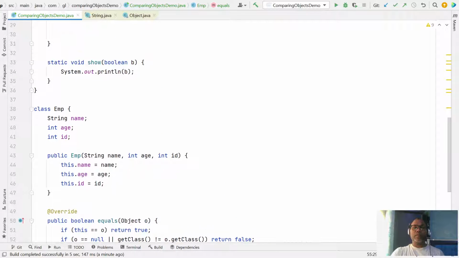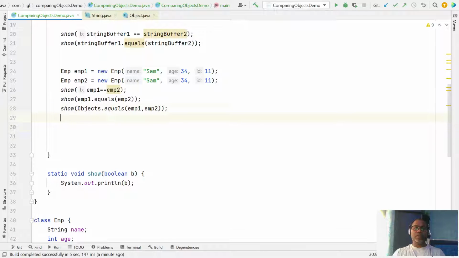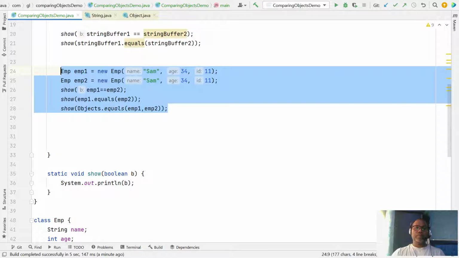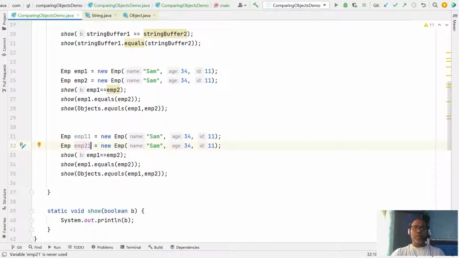If two IDs are the same, let's say I create employee 1111 here and change the name, new name 1, new age maybe 5, but still both are the same because we have the same ID.